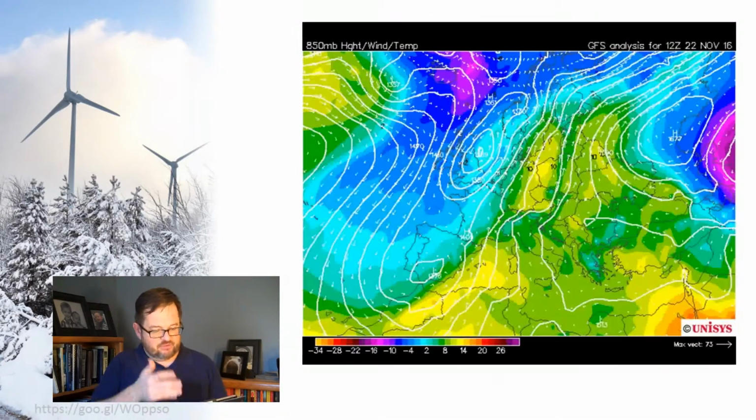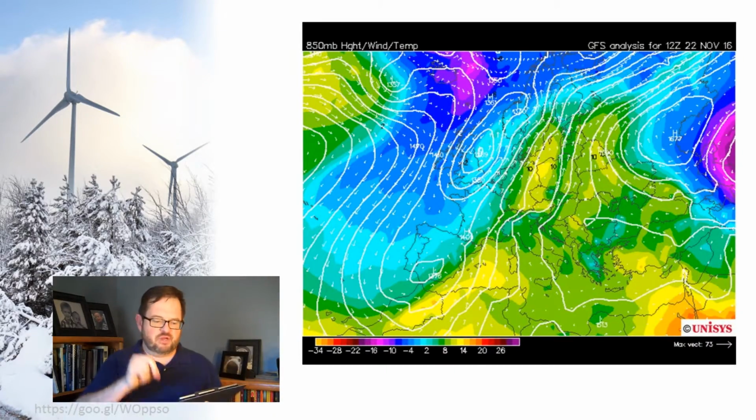In fact, here's another one. This happens to be closer to the ground. This is 850 millibars over Europe. And again, you can see the height and the winds and the temperature are on this particular plot. The colors there are showing you the temperature. And if you actually look at where the spots are for each of those vectors, you can see how it's a grid. It's a three-dimensional grid, and at every one of those spots, we know what the temperature is, the wind speed, the pressure, etc. This is a huge amount of work.